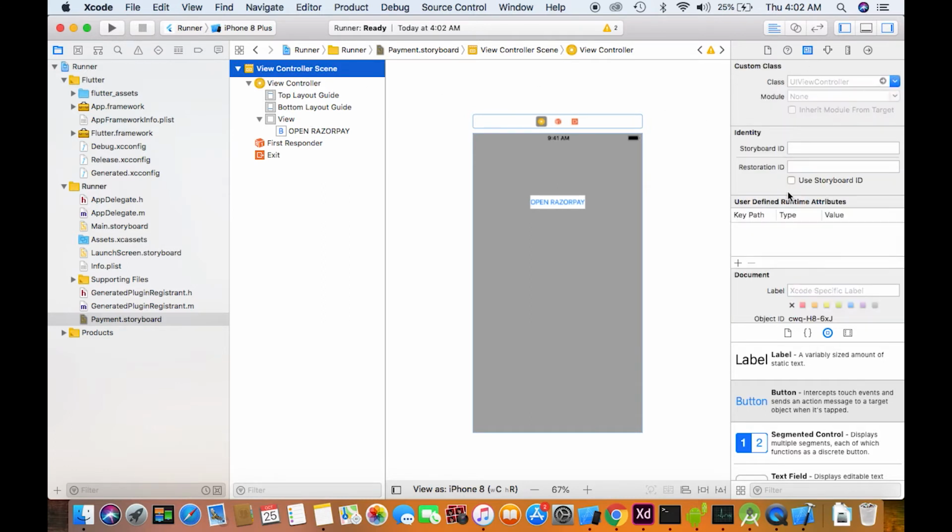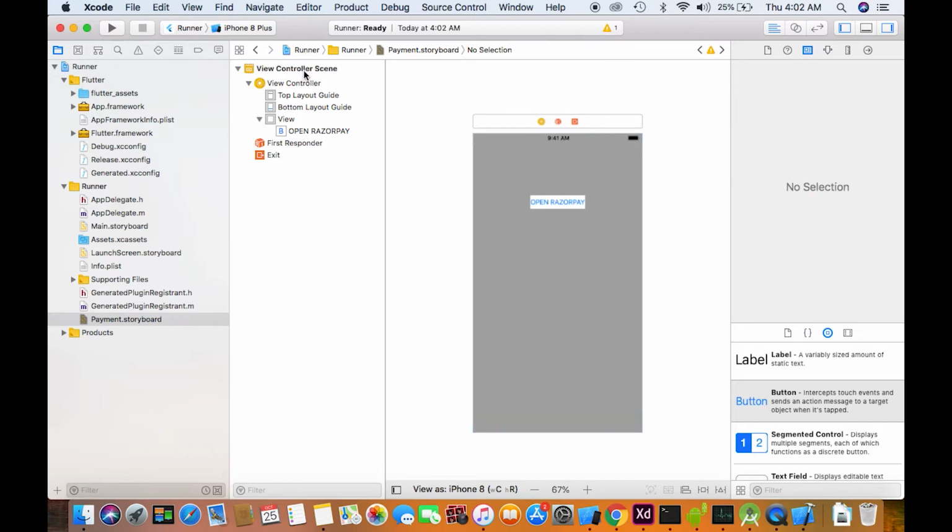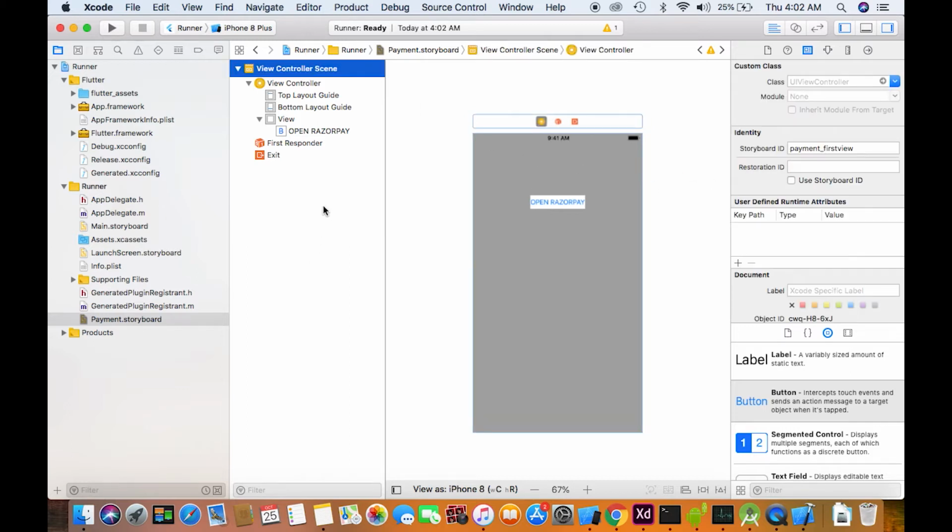This is a scene ID, so I can give it payment first view. Payment first view. This is actually the view controller ID of this scene. If I have a different view controller, it will have a different name. So this is how it can be addressed inside the storyboard.